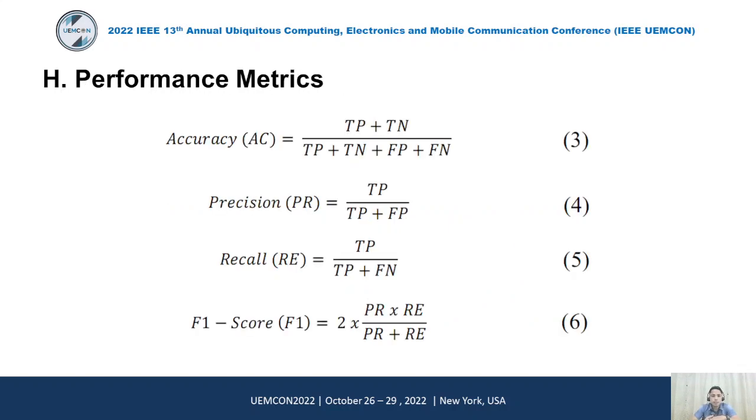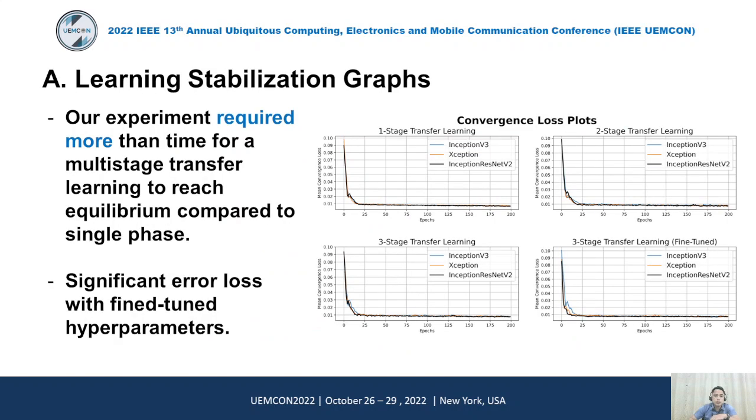For the performance metrics, we use accuracy, precision, recall, and F1 score. For the result, in terms of the convergence loss plot, it is understandable that if you use a multi-stage transfer learning approach, it will take more time to reach equilibrium compared to a single-stage transfer learning. But we gain a significant reduction in error loss with fine-tuned parameters. As you can see in the graph, we have the 3-stage transfer learning with fine-tuning. Although it takes time to train, it is more accurate than other